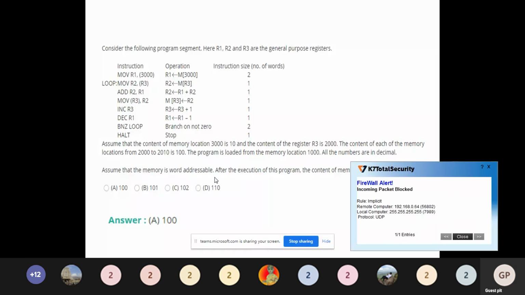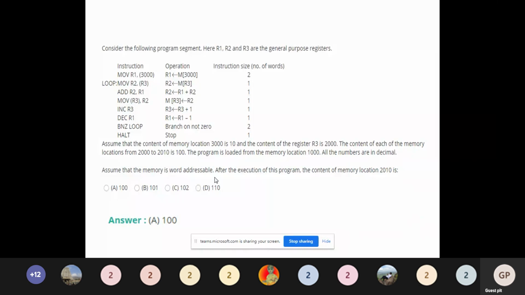The content of each of the memory locations from 2000 to 2010 is 100. That means for the consecutive locations, the data stored is 100. The program is loaded from the memory location 1000, that is, the origin address is 1000. All the numbers are in decimal. Assume that the memory is word addressable.